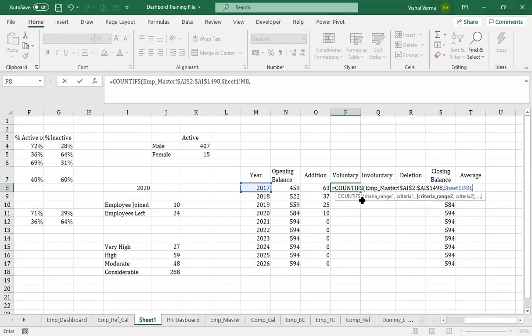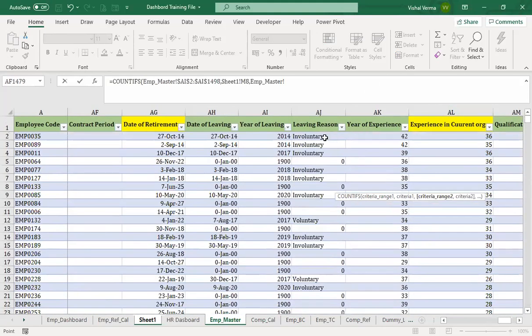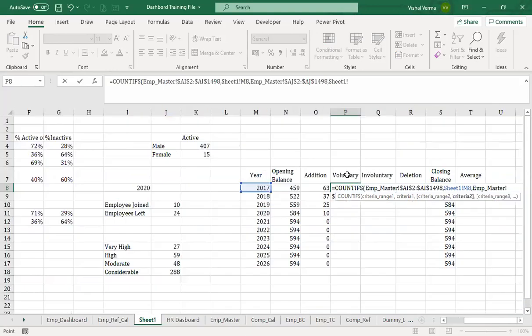I mistakenly took voluntary. Then we go for the second criteria, that is the reason for leaving. So we have this leaving reason here, let's select it, press F4, and then we go for voluntary. Freeze it.